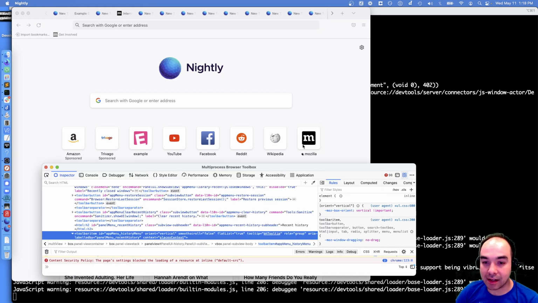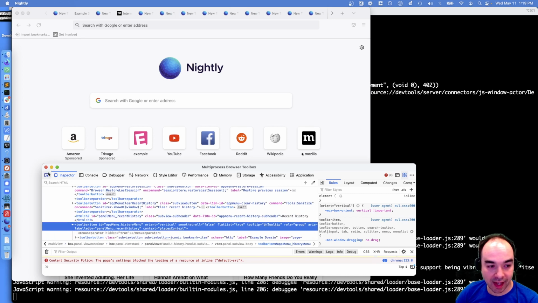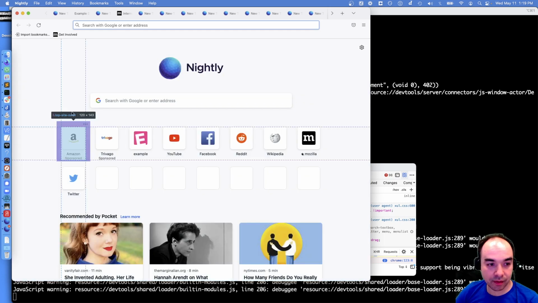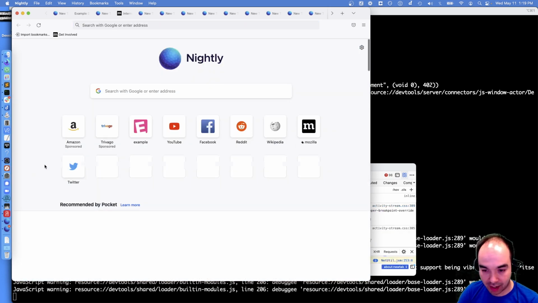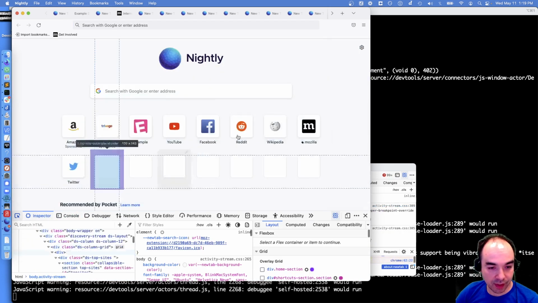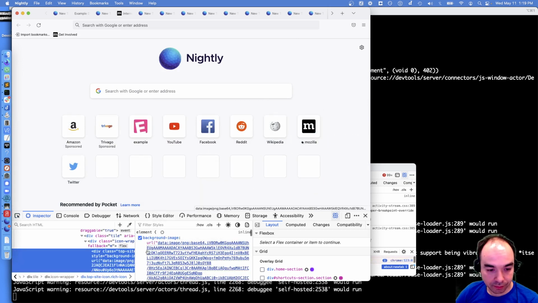What would be ideal is if we could get the page icon protocol to work here instead. And guess what? Let me open up the DevTools because I've got a patch currently applied. Let's look at this one. I'm going to change the URL here.